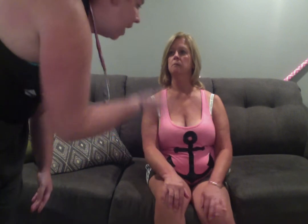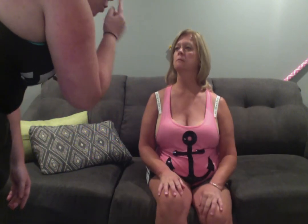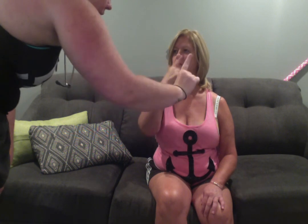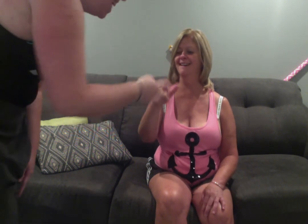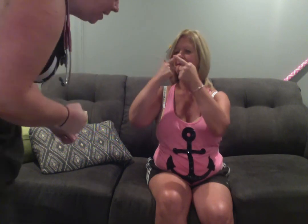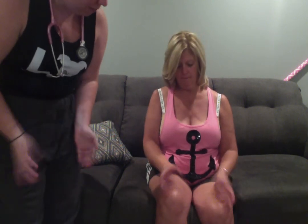I'm going to test your fine motor skills here. So I'm going to have you touch your nose and then touch my finger like this. Okay? So touch your nose and then touch my finger. Do it again. As quick as you can. Good. Keep going. Good. And then I want you to opposite like this, as fast as you can. Good. And then I'm going to have you put your palms up and down on your lap as fast as you can. Good. So she has positive fine motor skills of her upper extremities